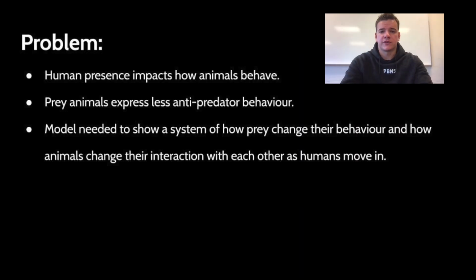The problem we have to solve has to do with the interaction between predators and prey and how humans that are introduced into an ecosystem affect the behavior that prey express. In the wild, with no humans in the picture, prey are engaged in behaviors that reduce the risk of predation. This behavior is what we call the anti-predator behavior throughout the presentation. We will explore how this behavior will change once the humans arrive and leave in the system of predators and